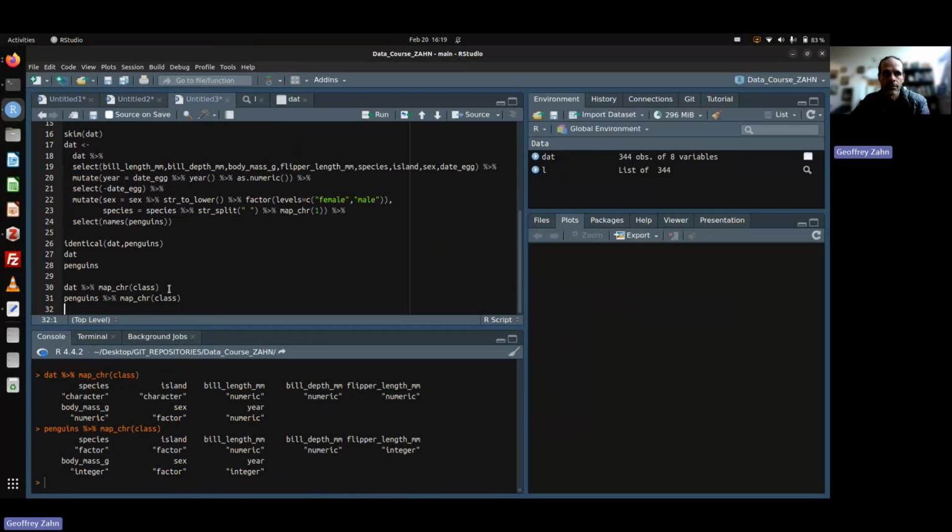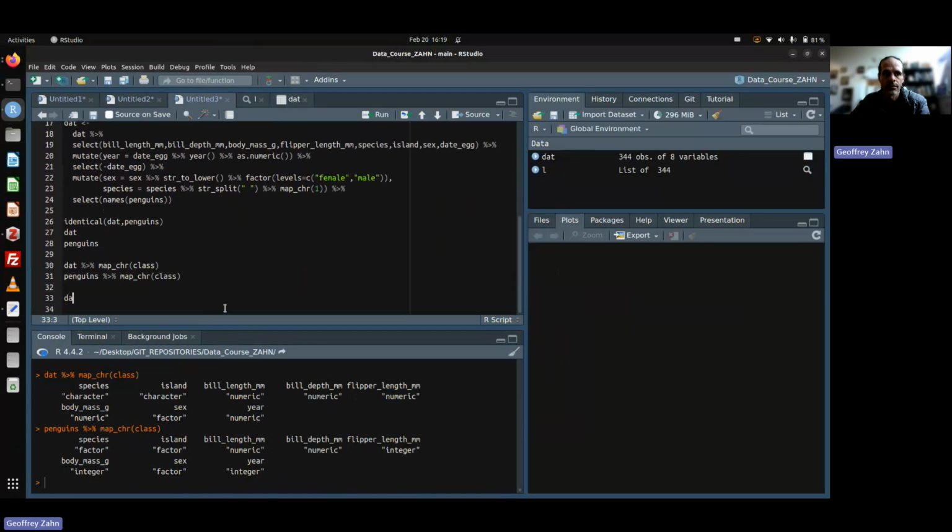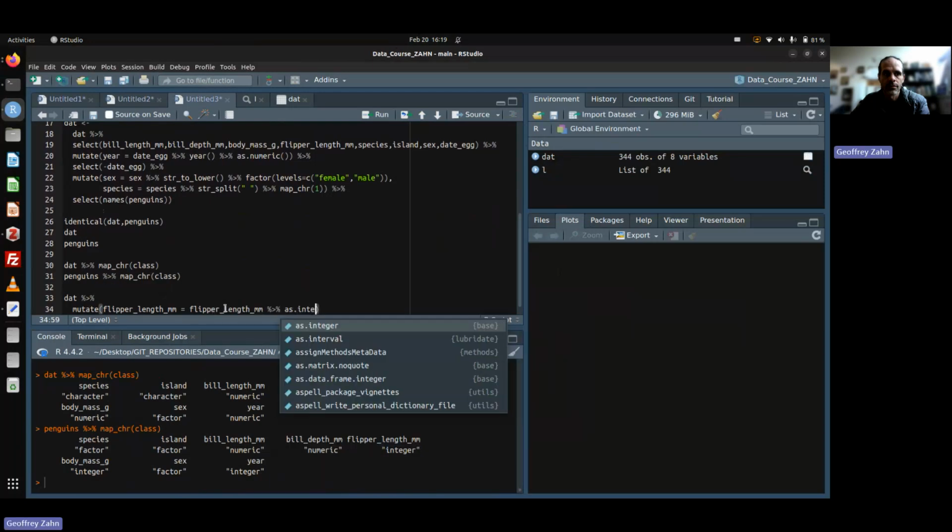So species is character. Okay, so in penguins, year is an integer, not numeric. Flipper length is an integer, so is body mass g. So I've got to change flipper length, body mass g, and year to numeric. So dat, mutate. Flipper length is flipper length as integer,